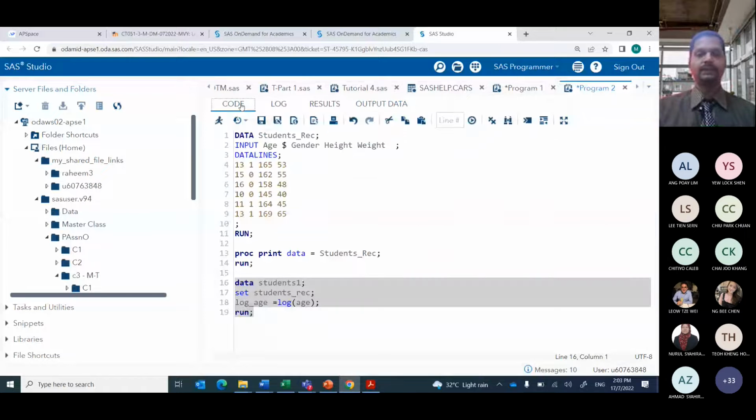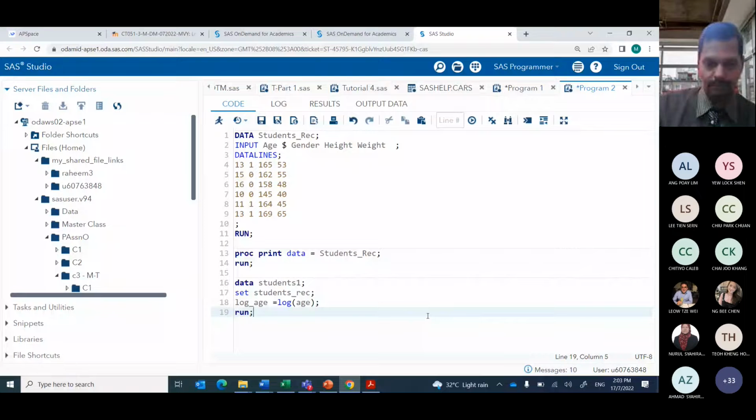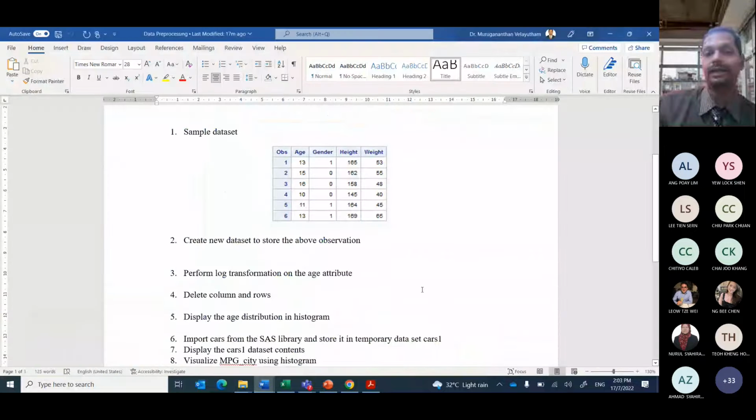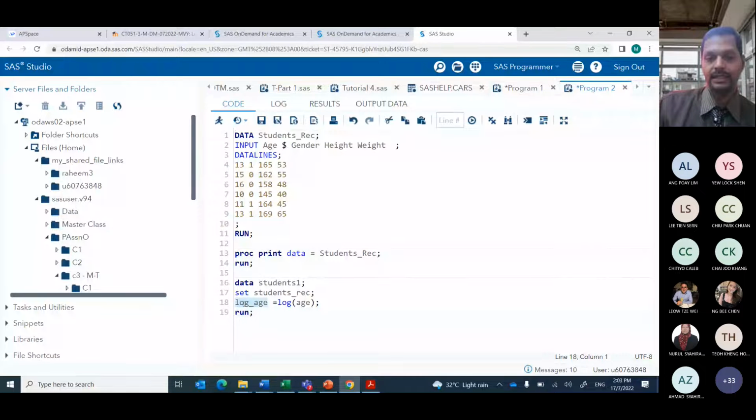So what you do, you just take the log of that particular age, because our question is to perform log transformation on the age attribute, right? We want to get log of this particular age attribute. So what do you say? We just create a new variable called log underscore age, and this variable will have log of age, right? So once we set